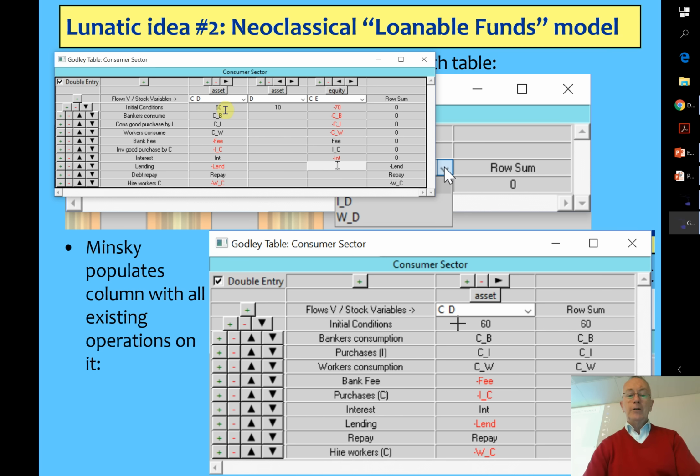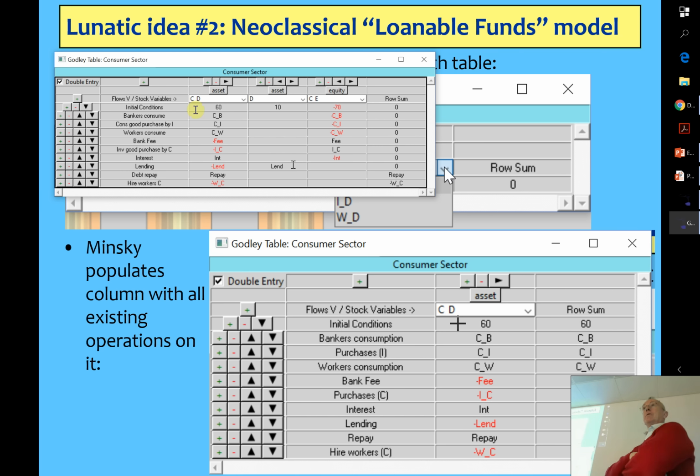And then when it lends, of course, by lending it reduces... Aha! Now I've made a mistake there. What does lending actually do? This is one reason that turns up in the banking logic later. I've just put it in the wrong column. It's got to be shown as an increase. Lending increases the debt.